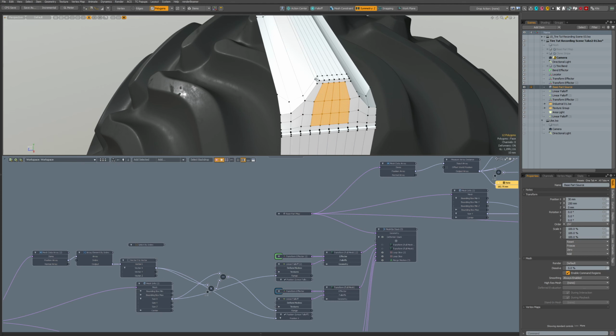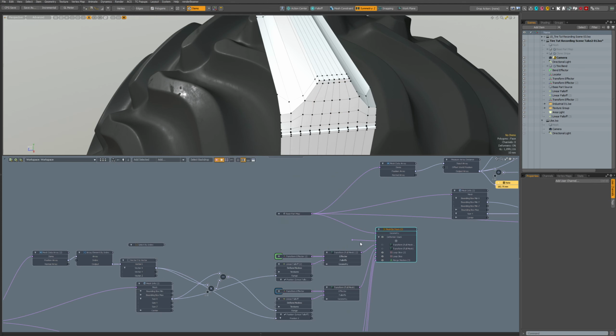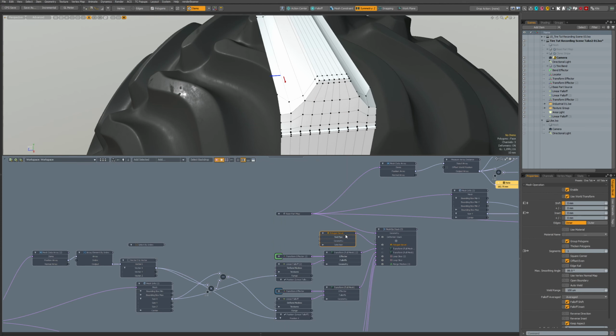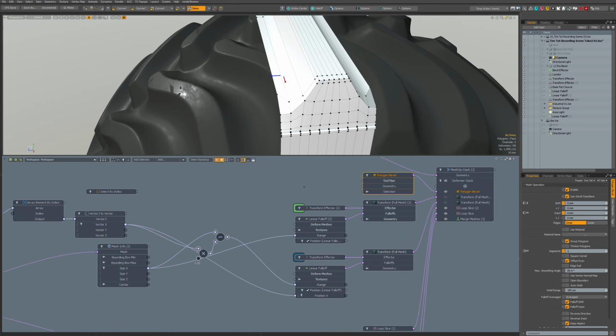So we add a selection set as we did earlier, and name this bevel side, or maybe side bevel, I don't know, bevel side. Okay, and here we add the operation polygon bevel. It's there, and for selection, we use the selection set.